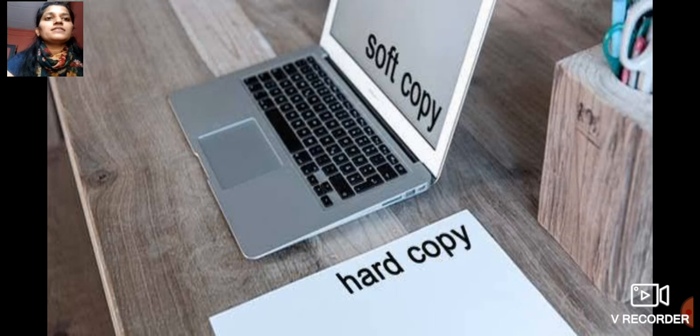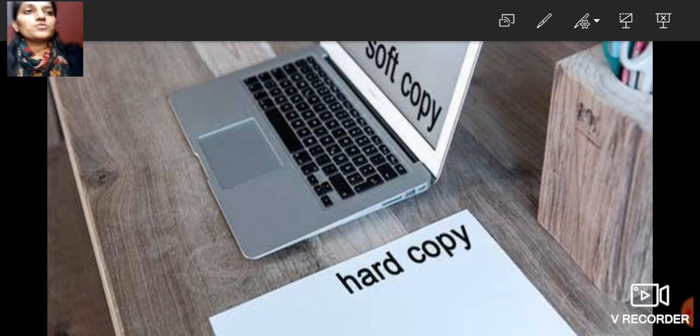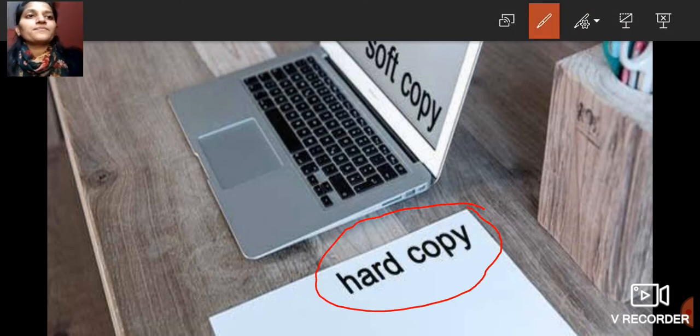Output devices, yes, we have seen there are two types present in the computer, that is soft copy and hard copy. Okay, whatever data we have typed or whatever data we have with ourselves, we can use in two ways, that is soft copy and hard copy. So what is meant by soft copy? The data present in the computer is known as soft copy. Okay, and the same data we get on paper by using a printer is known as hard copy. So here you can see that hard copy which is present on the paper.